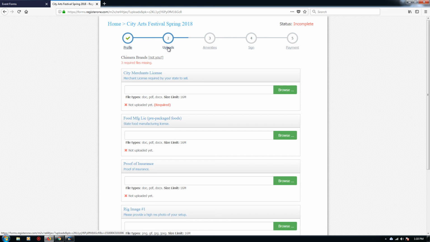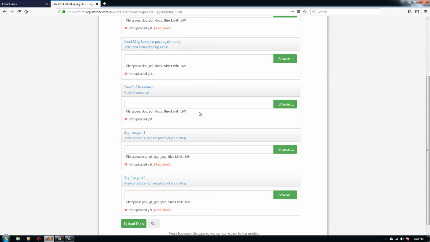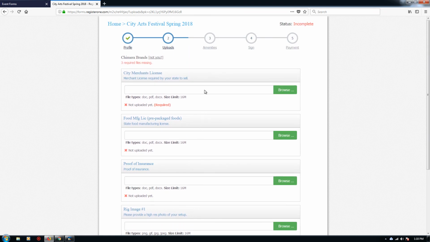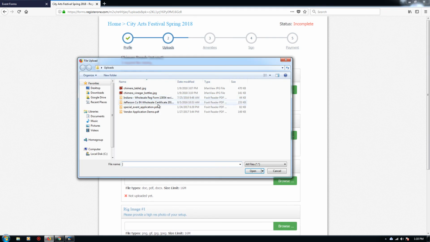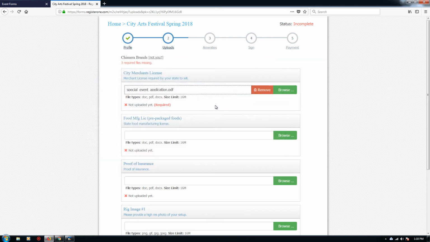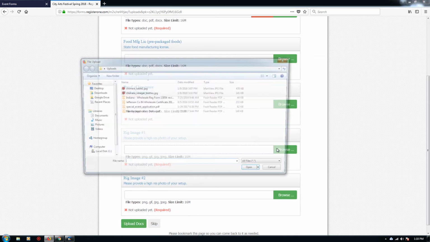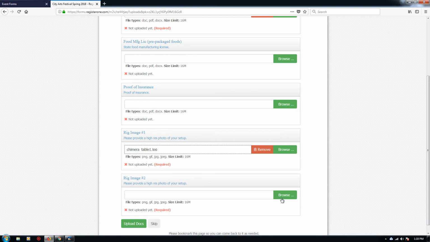Unfortunately, I can't show that to you because I can't do a screen record with that, but the upload screen shows you the file uploads that the vendor would need to submit as part of the application. So I'm going to go ahead and select. I was requiring 2 photos of the rig, so I'll go ahead and do that. And one thing to keep in mind is that